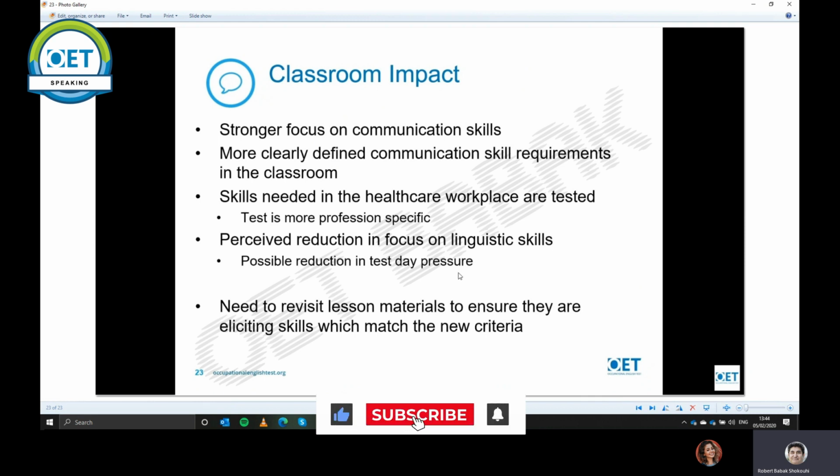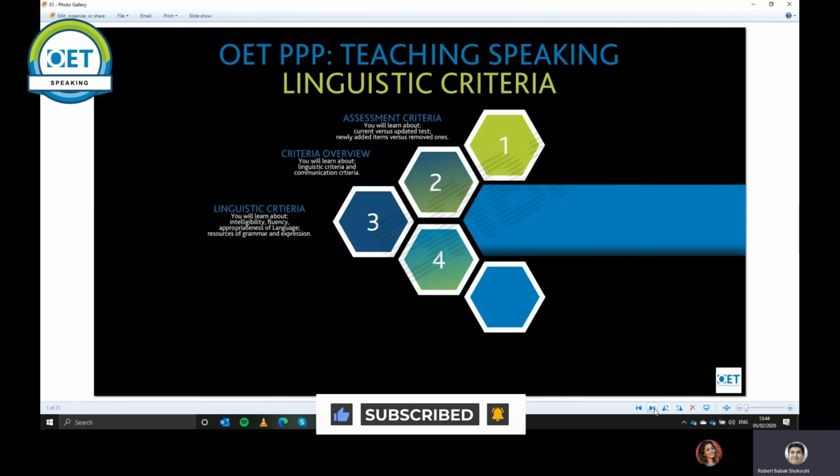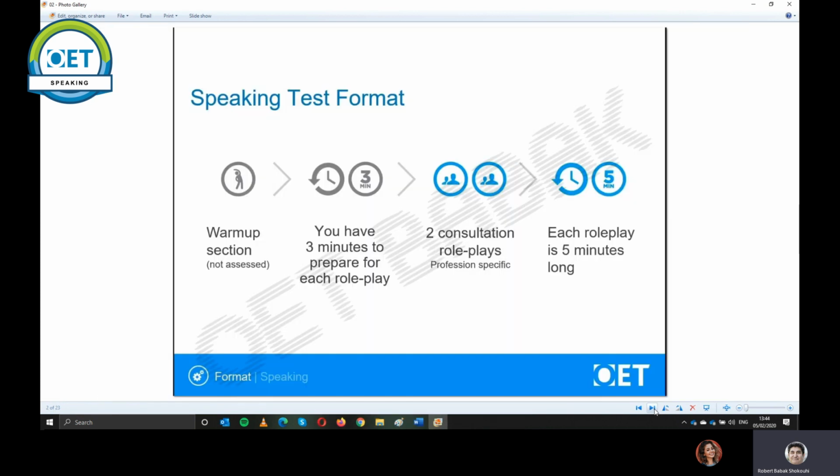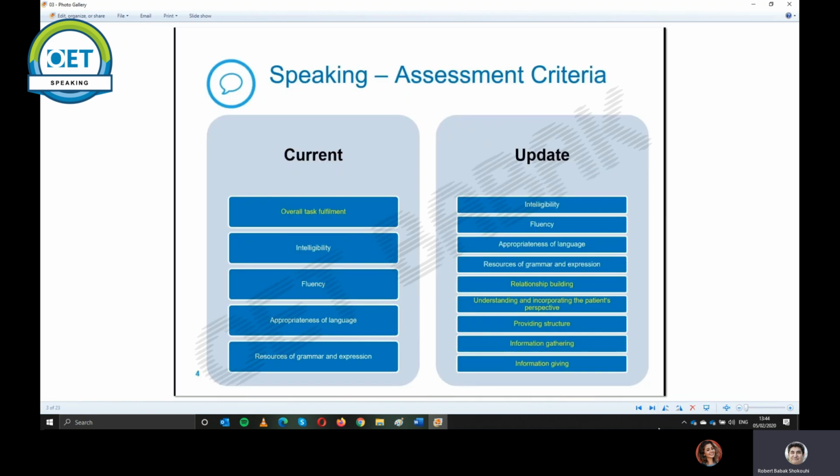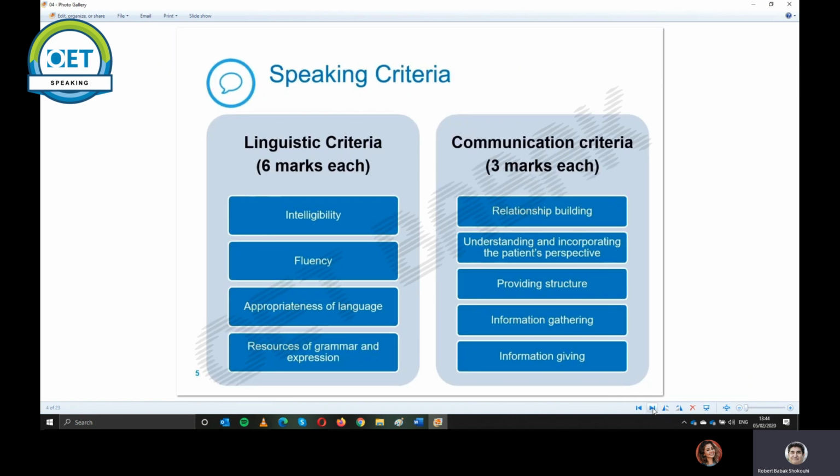Okay, so the linguistic skills have less mark now, and there's more weight given to the communication skills. And these communication skills are the ones that we have to work on. Now, in terms of your linguistic abilities,